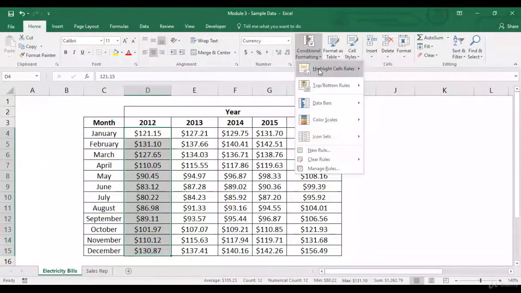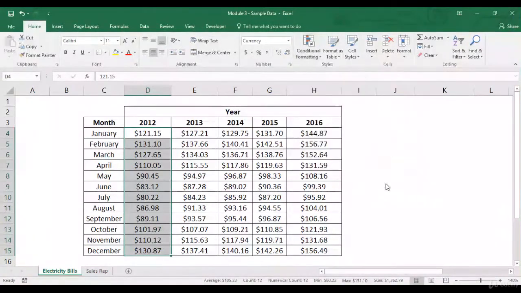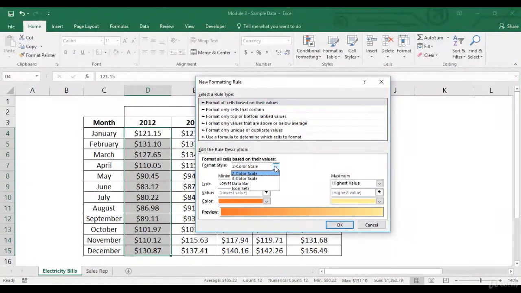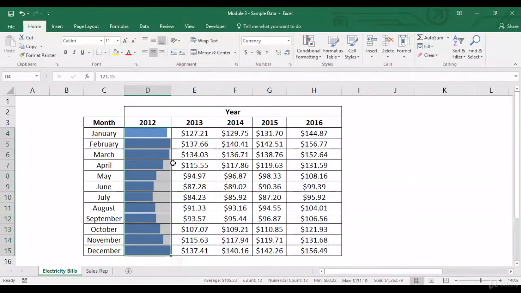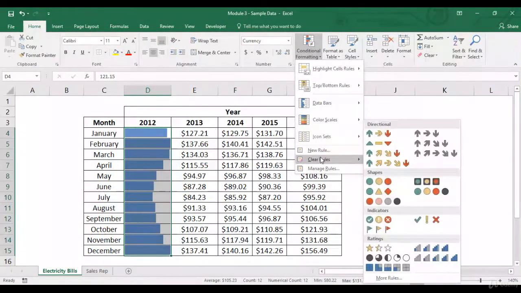Let's look at more options now. More rules. Now data bar is something which we had looked at earlier also. What if I click on show bar only? It removes the values, and now it's very much evident. If you look at this particular trend, it shows that the numbers peaked in February and then they reduced. There was a dip towards July, and then the numbers again started increasing. Just look at this curve. Okay, let's clear the formatting.